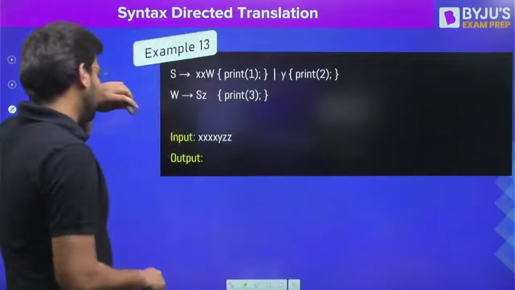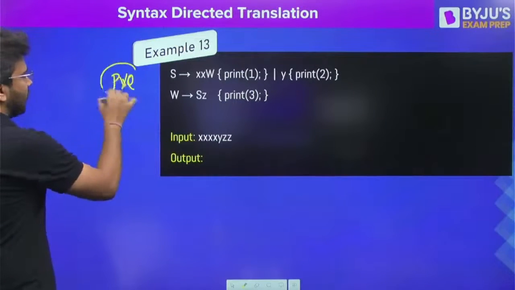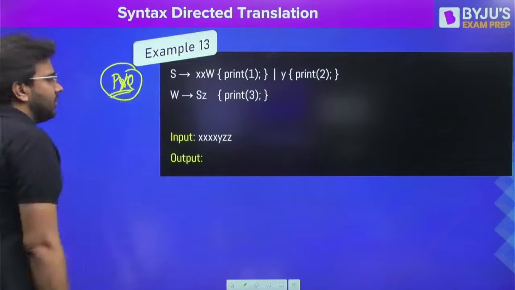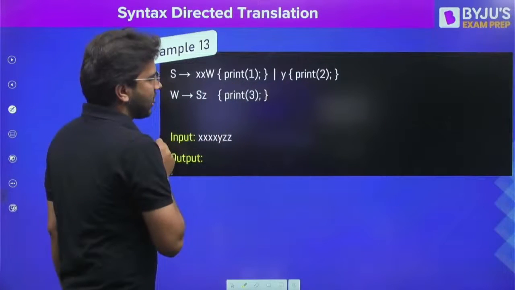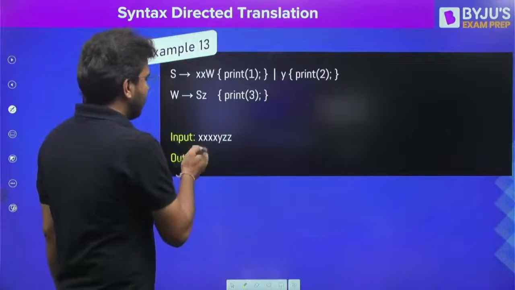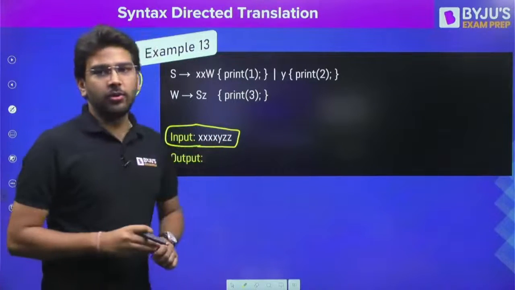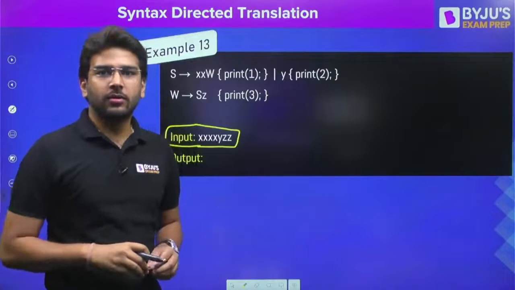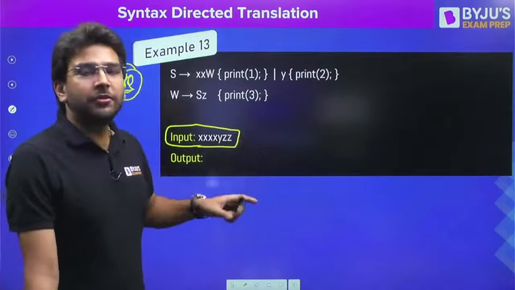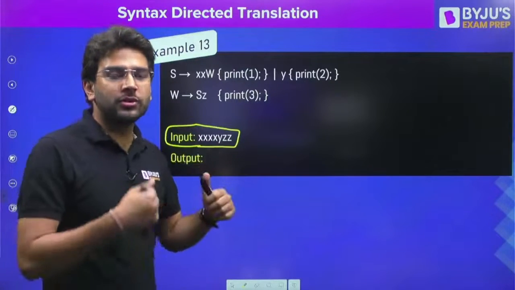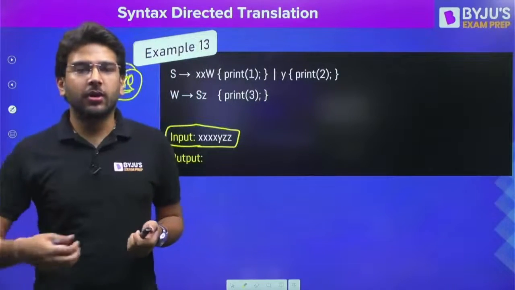So here we have this example. This is basically a previous year question. If you have solved previous year questions, you can easily identify it. We have the SDT given to us, the grammar and the translations associated with that. Clear? And we have this given input. Now we need to find the output. Now carefully understand this point. In the question, if it is not given whether you have to use bottom up parsing for evaluation or depth first left to right,